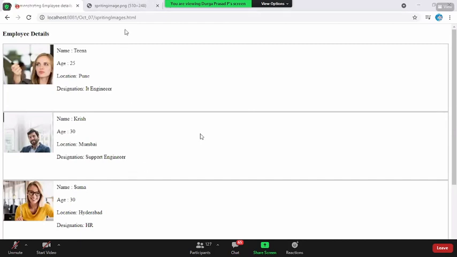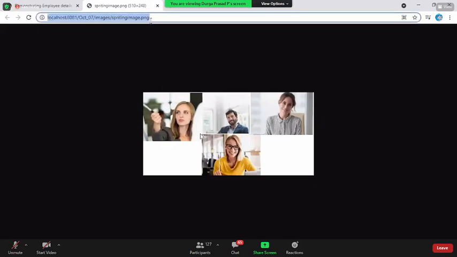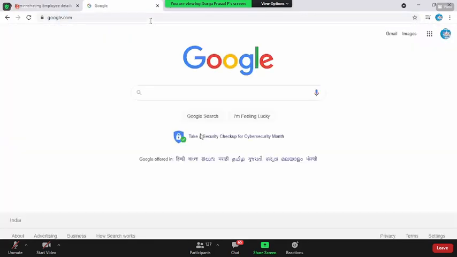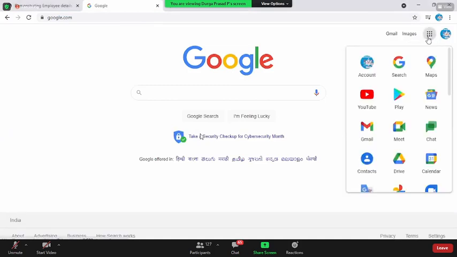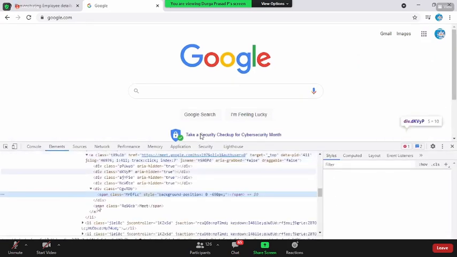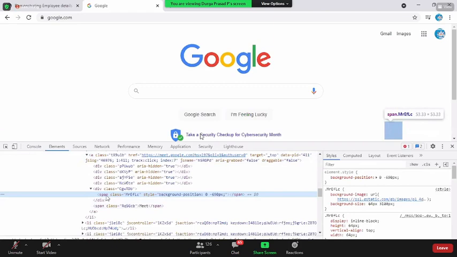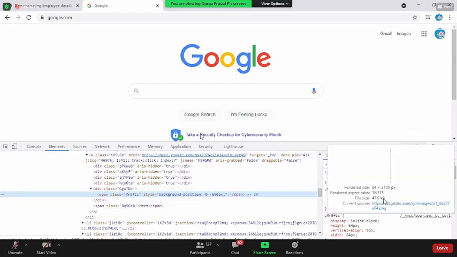Okay, before that, let me show you a real example also, guys. Say, for example, let's go with google.com. When I'm opening these, there is the Google icon, Maps icon, YouTube icon. Can you guys tell me these icons are static images or dynamic images? Static. Obviously static, because we know that it is not going to change every time. Let us inspect and see. Let us get the background image of it. Are they using any type of image tag here? No. But if you see the CSS, aren't they using the background image? Yes. Let us see what the background image is.